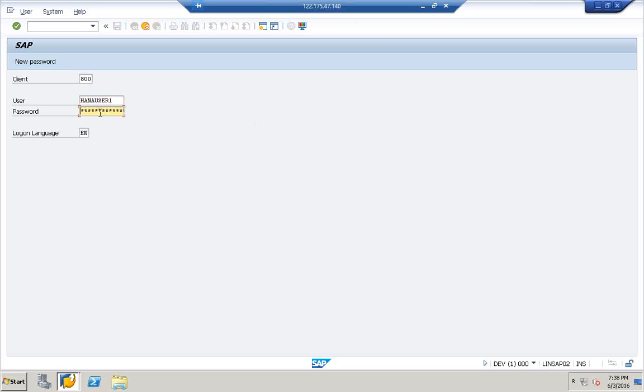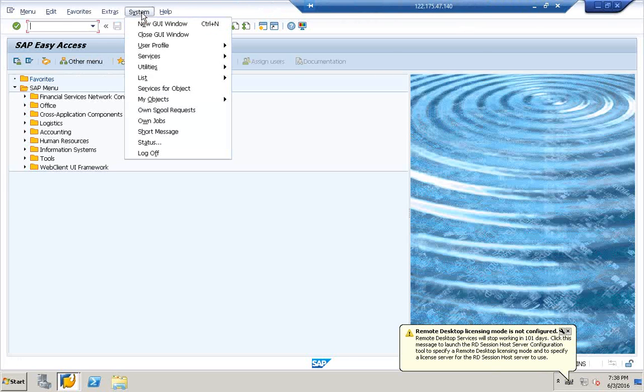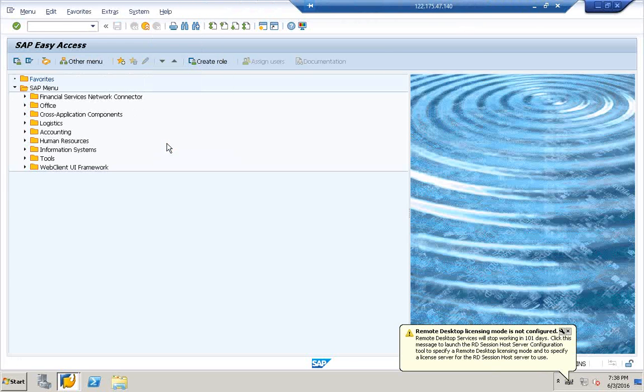So once you log in, the username is HANAUSER1. The password inside this is capital W, welcome12. Welcome12 is the password. Now, please see, click Systems, click Status,